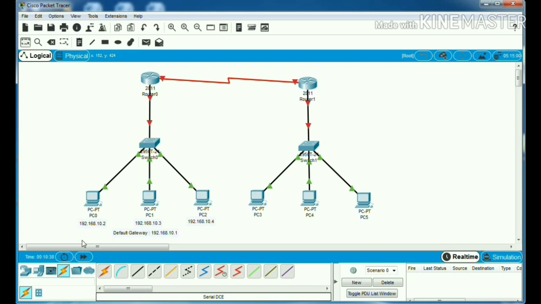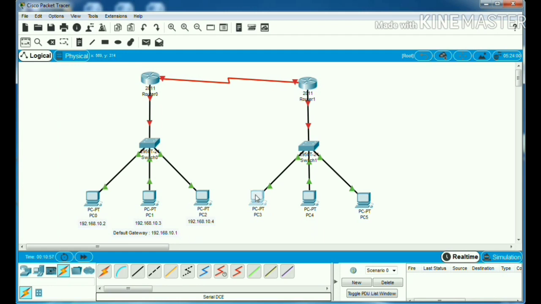So these are the IP addresses: PC0 is 10.2, PC1 is 10.3 and PC2 is 10.4, and the default gateway for PC0, PC1 and PC2 is 10.1.